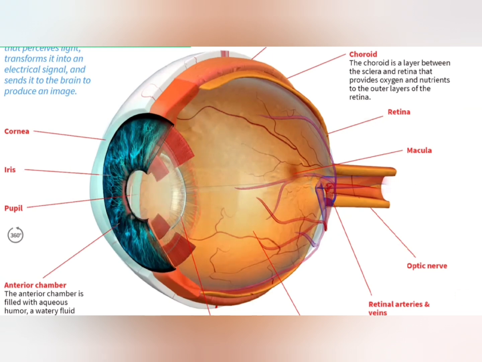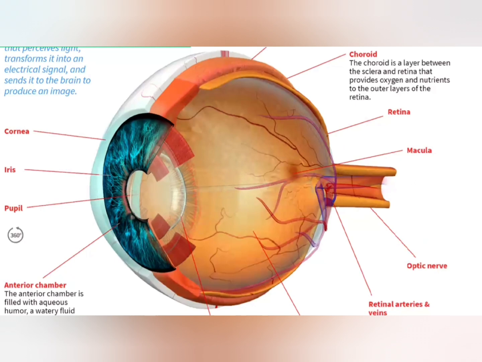If I talk about the sphincter muscle, this muscle is surrounding the pupil, and when it contracts, it makes the pupil smaller. This process is known as miosis. This usually happens in bright light or when focusing on a close object, helping to protect the eye from too much light exposure, and it also improves visual focus.